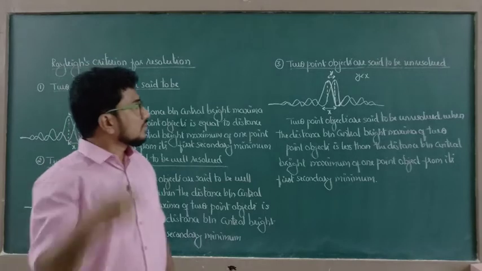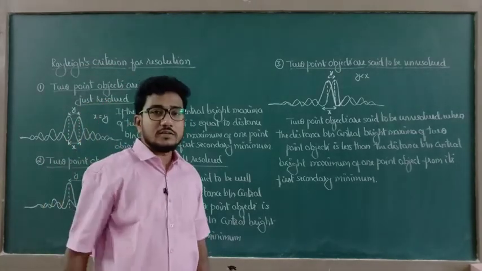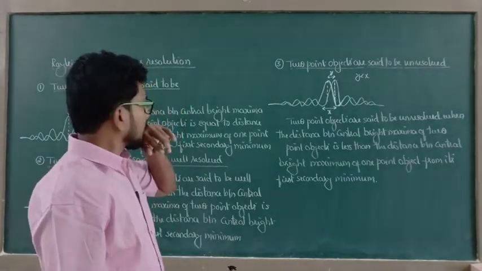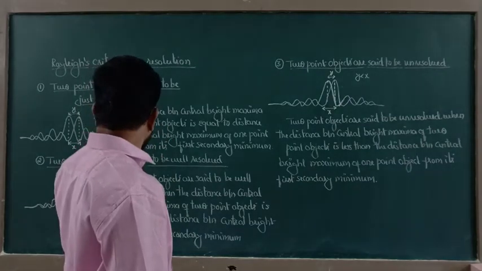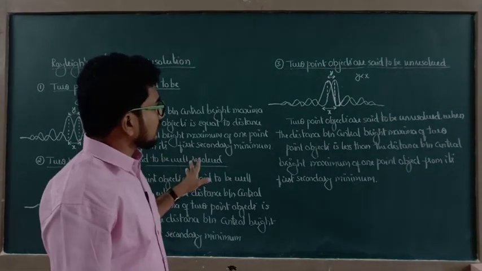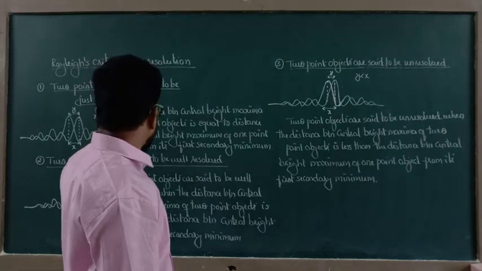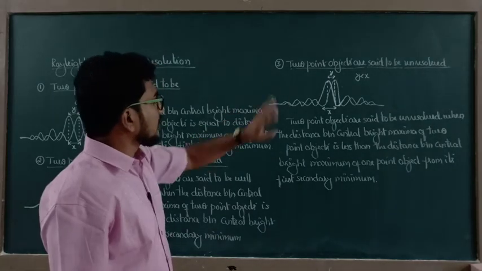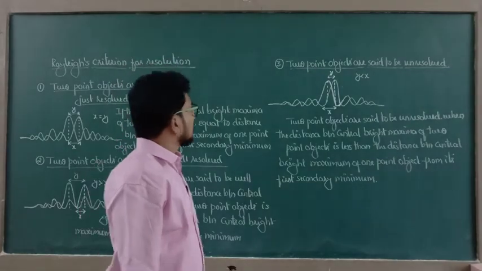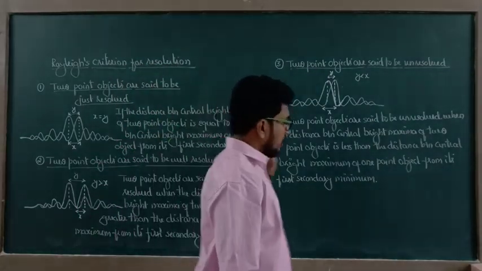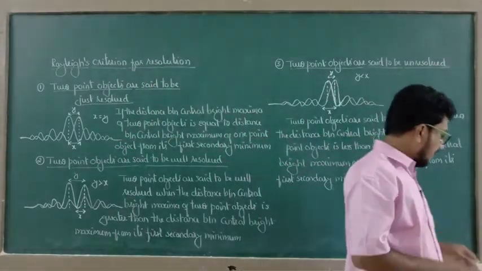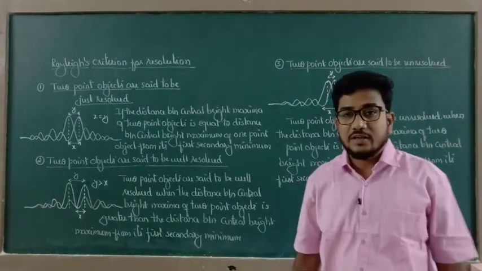So this is the case when 2 point objects are said to be unresolved. Through diagrams you can clearly understand this one. Here y is equal to x; y is greater than x; here y is less than x. Well resolved, just resolved, unresolved. So this is going to ask for 3 marks. Explain the Rayleigh's criterion